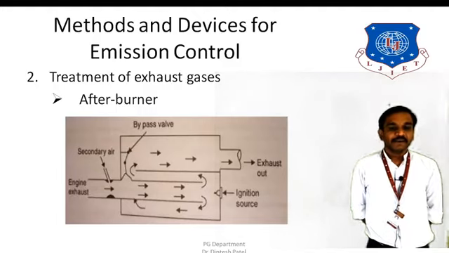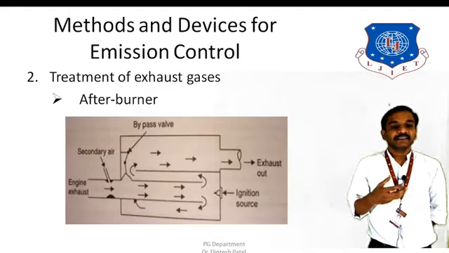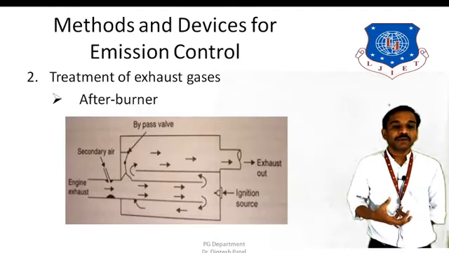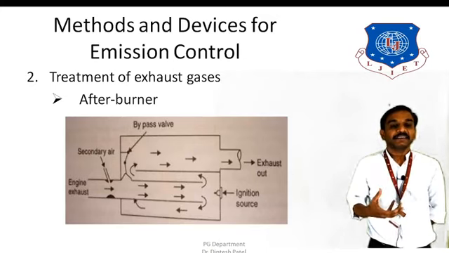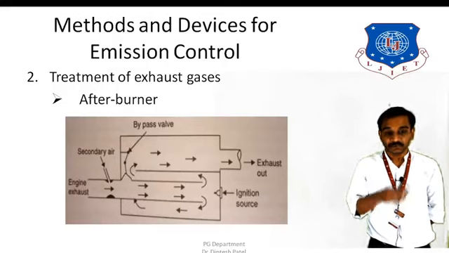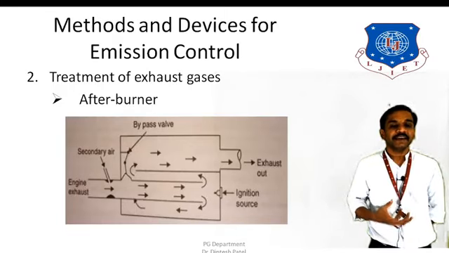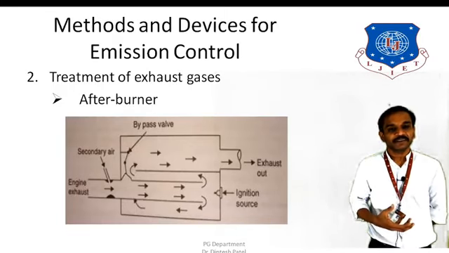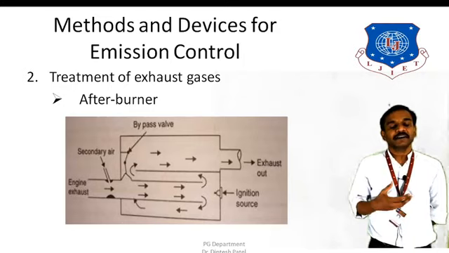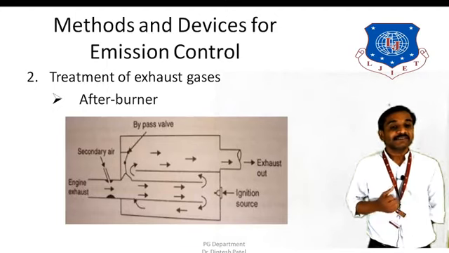In the afterburner, additional air is supplied, and this air provides a good amount of oxygen, where again the whole mixture is ignited with the help of an ignition source, and then all the remaining emissions such as HC and CO can be successfully converted into unharmful or non-objectionable gases. So the afterburner is a method to burn the gases once they leave the engine.